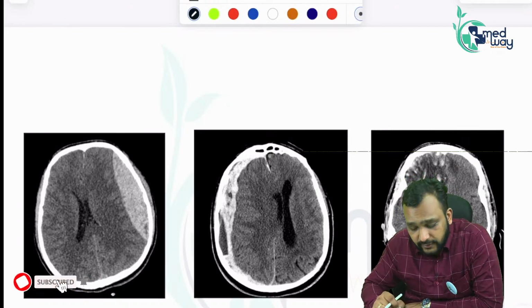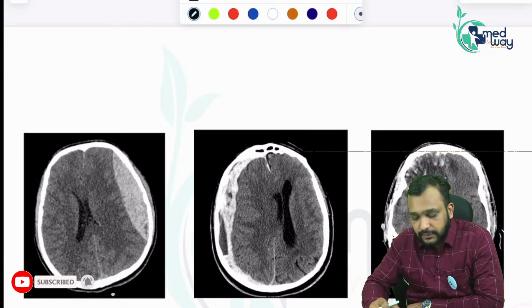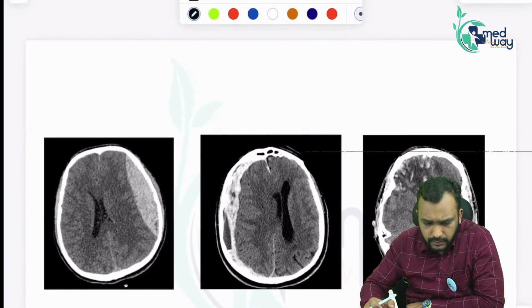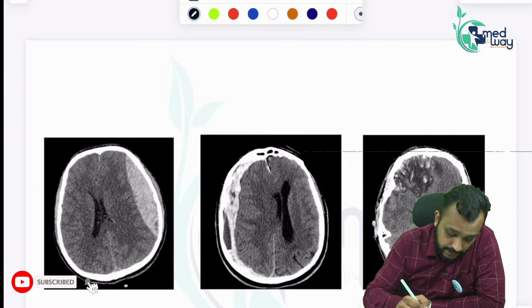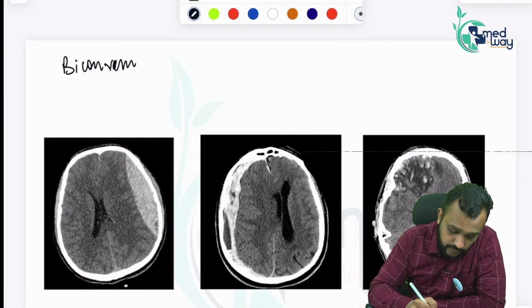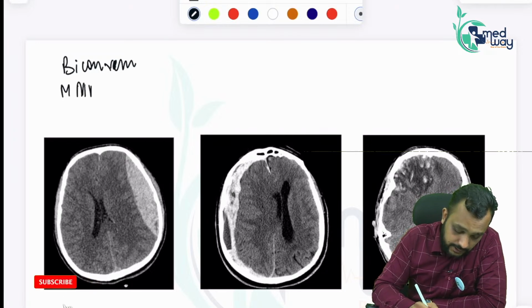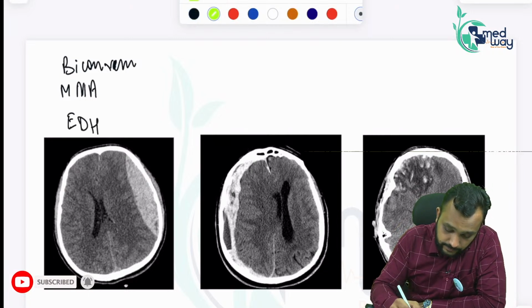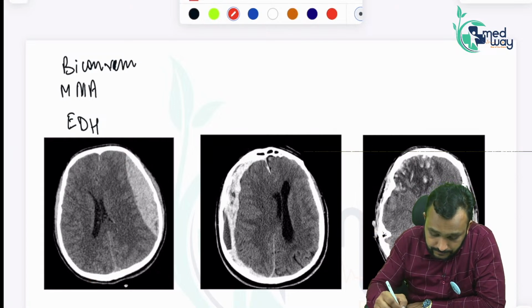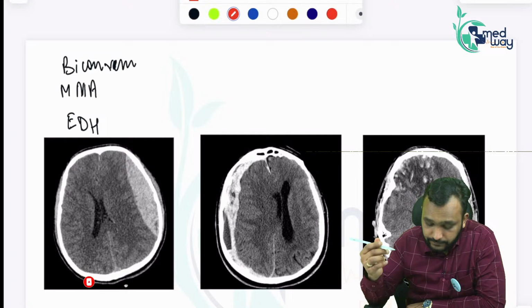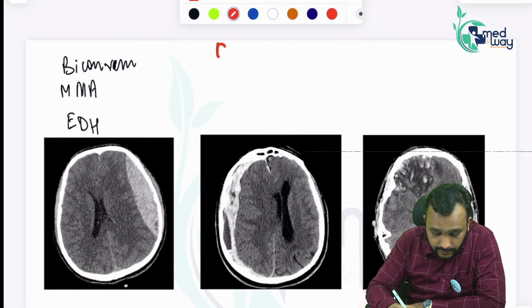So let us try to identify the bleed based on its appearances. If the shape of the bleed is biconvex, it is due to the rupture of middle meningeal artery, and it is seen in patients with extradural hemorrhage. Clear? Right? And if there is a biconvex shape bleed,